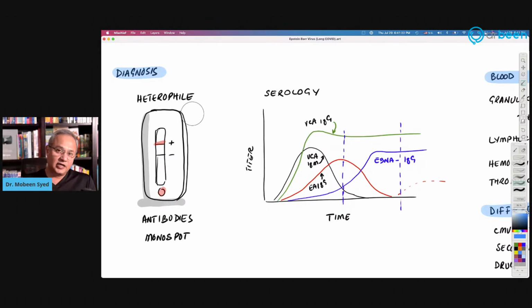Now, how do we diagnose it? Number one, we look for heterophile antibodies that I just did. That is a monospot test, normally quickly done to at least have an idea whether this person is suffering from mono. Then there can be serology as well that would take multiple days, but in this we can see